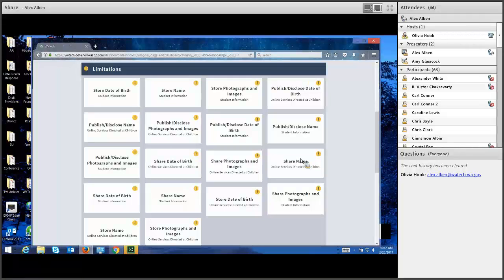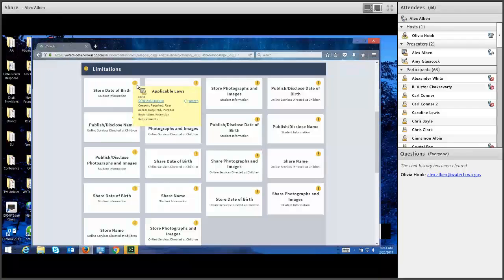And each of those laws has been tagged for the type of personal information that is mentioned or governed in that law. So this database made a call based on our inputs and said, we've come up with some limitations on how you can use some of the information. For example, can you store someone's date of birth? There's a limitation on this.